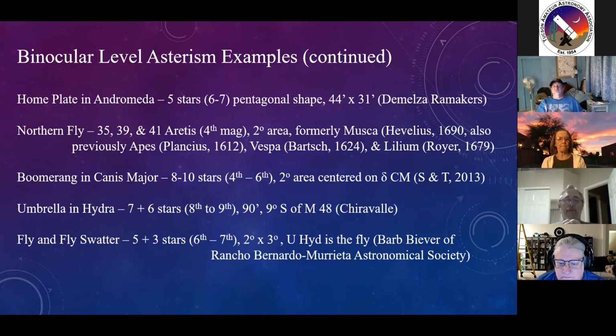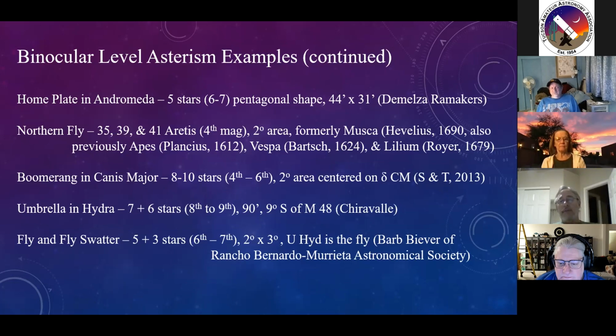5 stars form the swatter, 3 stars form the handle. These are 6th and 7th magnitude stars, a fairly large asterism, 2 degrees by 3 degrees. So it takes up a good portion of the field even at about 20 magnification. Here again,